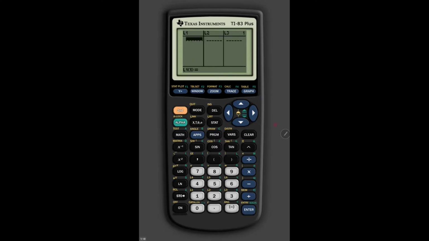So I'm going to input those values from the table. All the X values go into L1. So that is 3, Enter, 6, Enter, 8, Enter. And then the Y values, which were 51.50, enter, 96.50, enter, and 126.50, enter. Great. The third step is to go to Stat, slide over to Calc on the right, and scroll